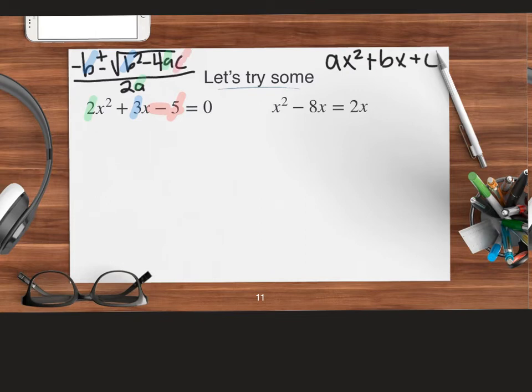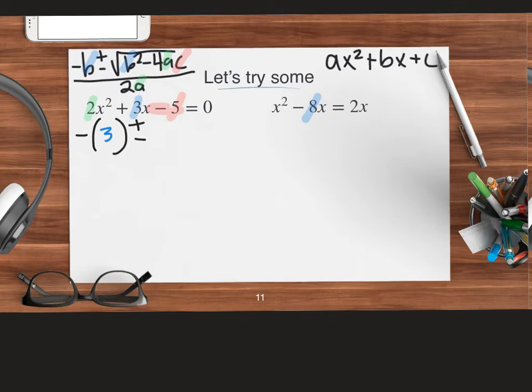Now remember all of the symbols that go along with this. We have this negative b, that means the opposite of b. So right now in this example question, my 3 is positive, so I'm going to put a negative 3. If my 3 was negative, like it is over here, I would do positive 8. So you're always remembering that this is the opposite of. And then we're going to put everything in parentheses. So I have the opposite of my b value,